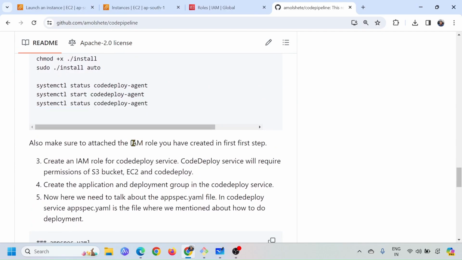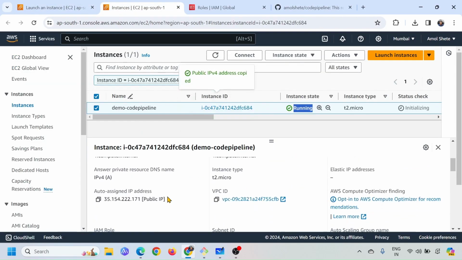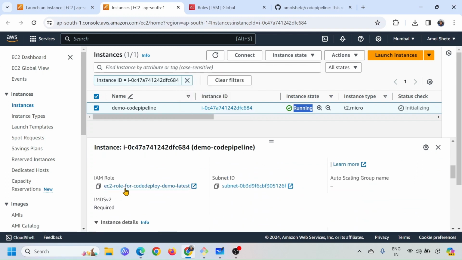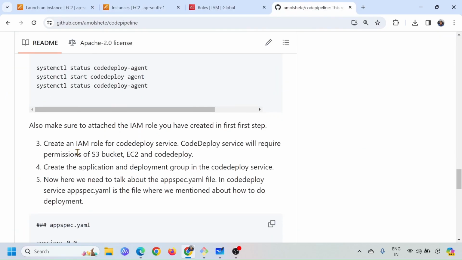And here I have mentioned, just make sure that you are attaching your IAM role. That's something we have already done, or I can show you that one. If I scroll here, you can see that we have also attached the IAM role here. Great. The next step is to create an IAM role for the CodeDeploy